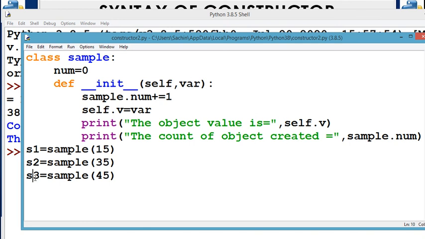Then again S3 object is created. ஸோ அப்போ S3 கிரியேட் ஆகும்போது என்ன ஆகும்? மறுபடியும் நம்மோட வேல்யூ 2 இருக்கு. இப்போ நமக்கு 3 இன்க்ரீஸ் ஆகும். தென் வேரில் வந்து 45 will be assigned to v variable and we are displaying that. Do you understand that? So the concept behind this example is